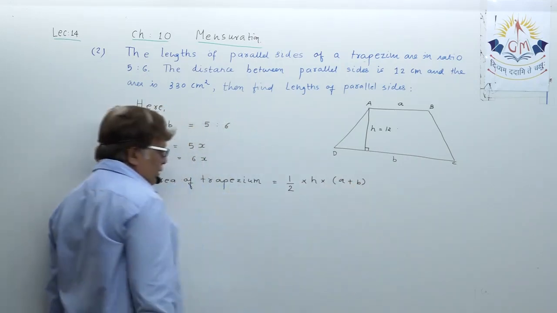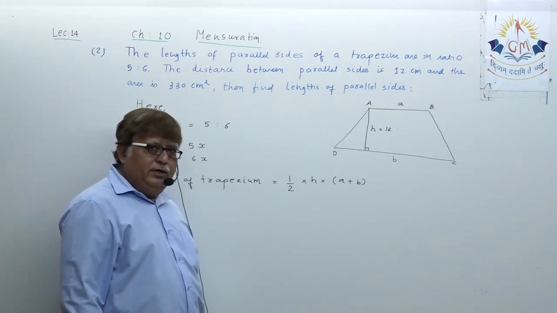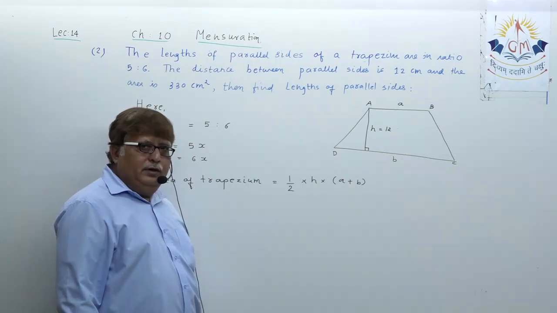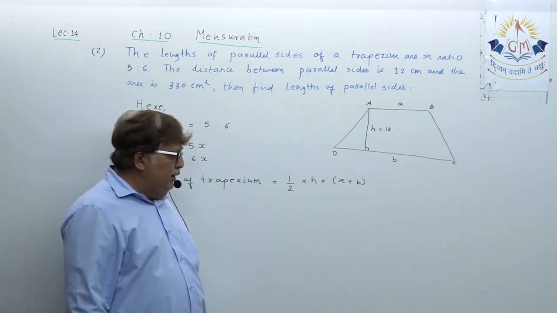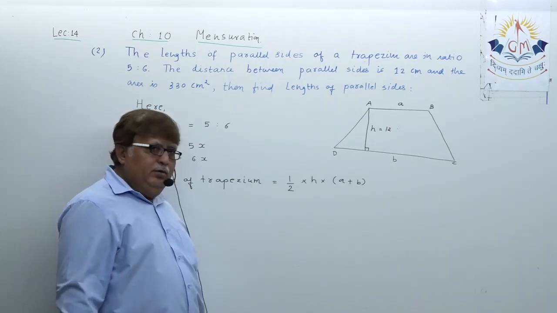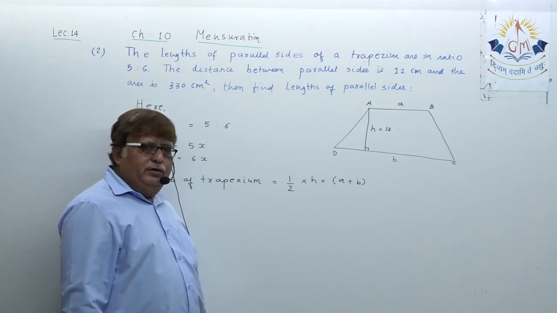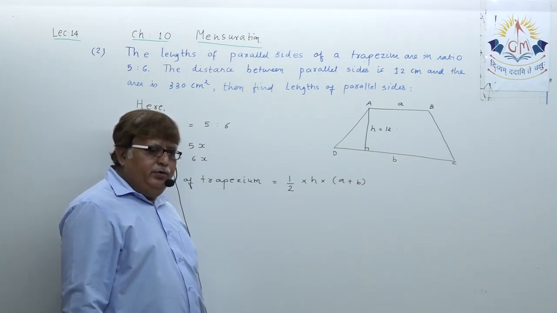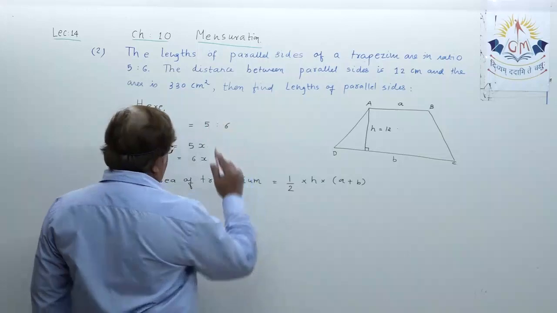This is the formula. It may have gone out of your mind because around lecture number 9 and 10, or in some earlier lecture, we have done this. But every time in WRT some question of area of trapezium appears and reappears, so you know this. Now what is the area given?